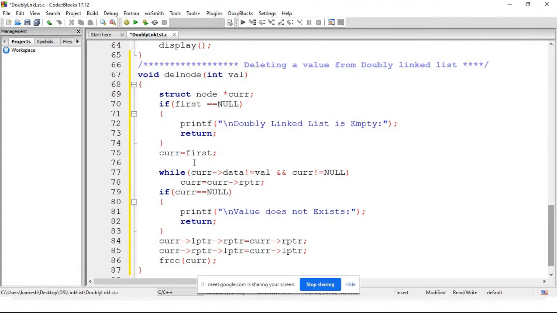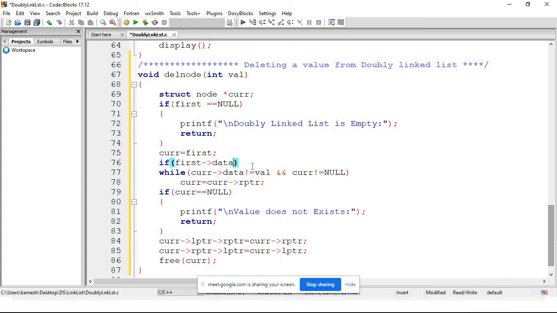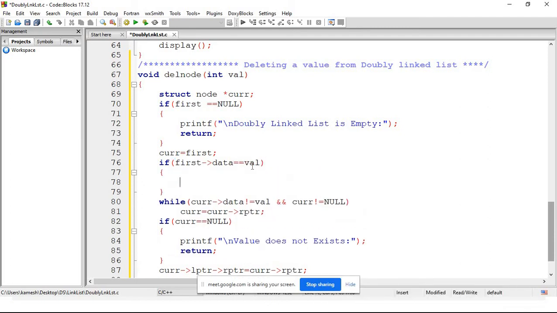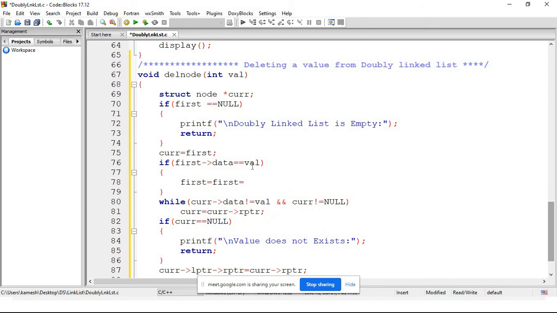here we have to write an if condition. If first point to data is equal to the value which is entered by the user, in that case we write first is equal to first point to RPTR. So your first pointer is now pointing to the second node.